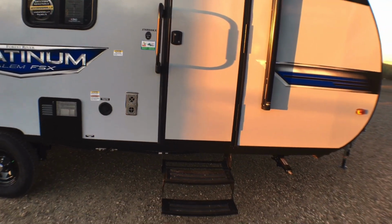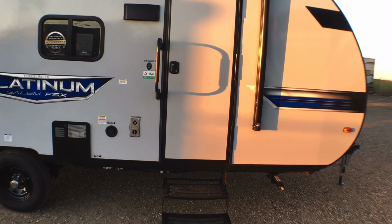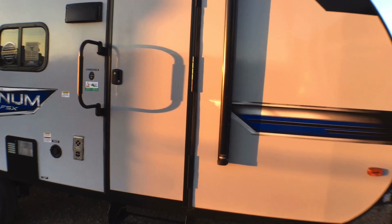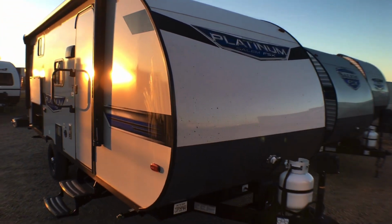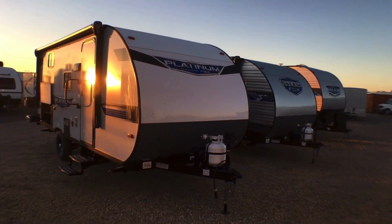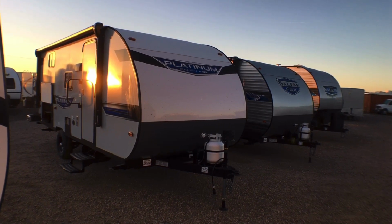Both of these are going to have the dual steps, the friction hinge door, and the larger entry assist handle, which is a very nice touch to help you get in and out of the camper. So all right guys, that's going to wrap it up for the exterior of the 2022 Salem FSX model 178BHS